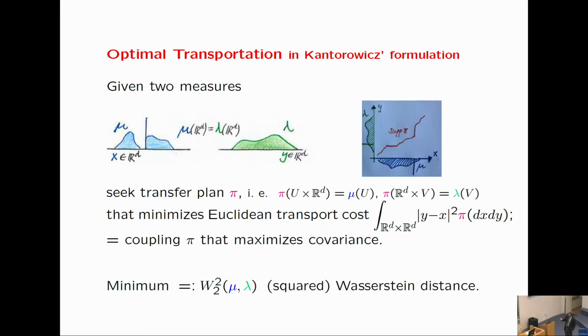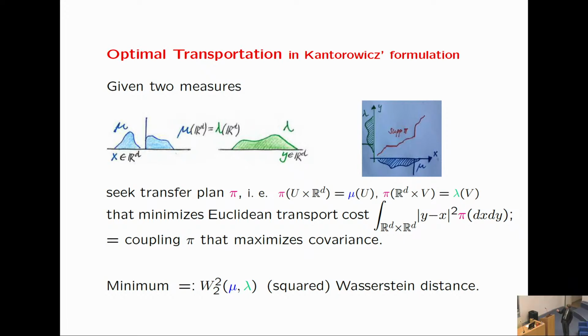So you're given these two probability measures, or more generally non-negative measures, on the same state space R^d, which have the same mass. And then you look at all possible ways of coupling these two random variables which are described by these probability measures. In other words, you're looking at all measures on the product space which can be considered as a transference plan from the mass distribution described by the first measure